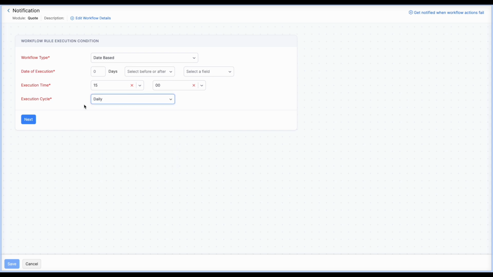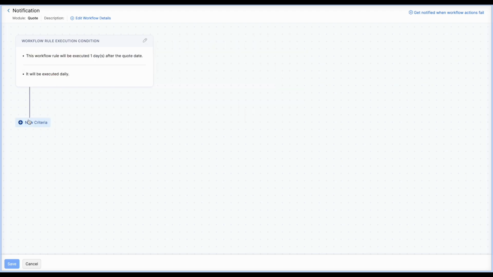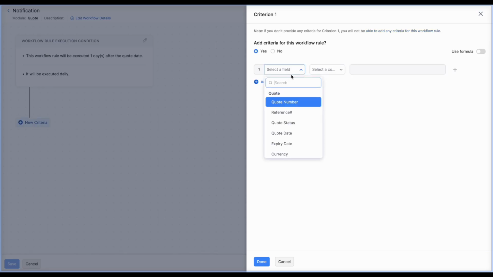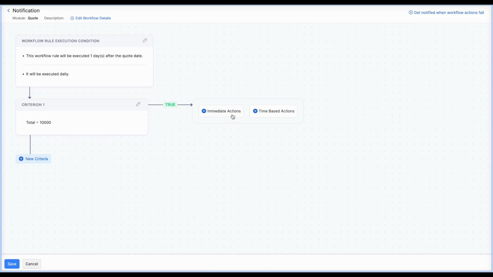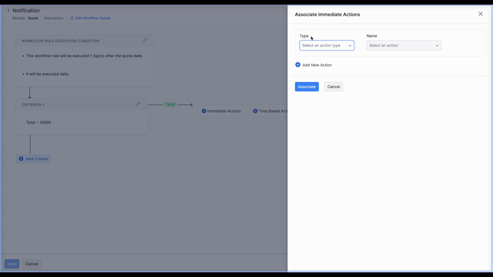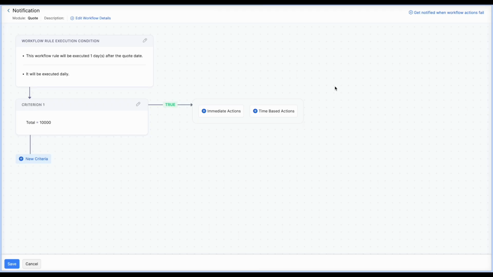And whenever this particular condition is reached, that is, date of execution 1 day before or after the quote date, whenever this particular date arrives, based on the criteria that you select, let's say if total is equal to 5,000 or 10,000, then the immediate action that you need to perform will be triggered. Apart from